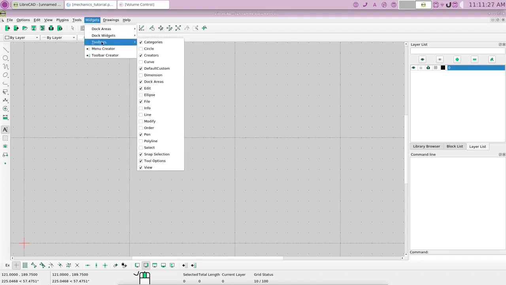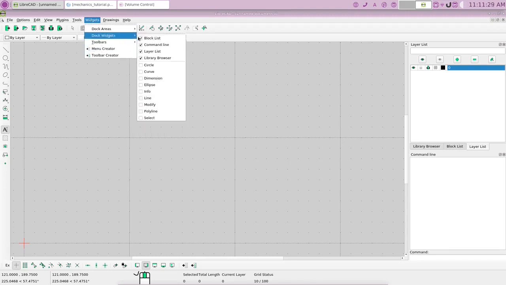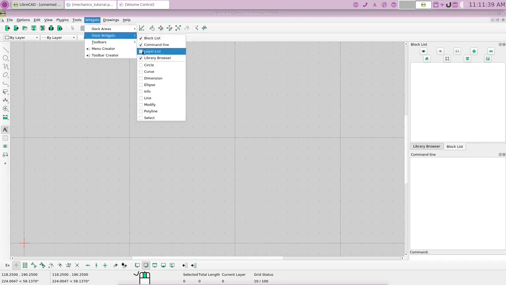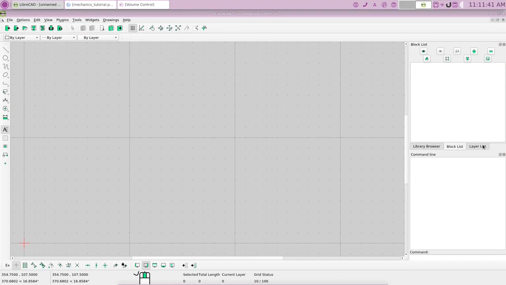We can actually, if we take the layer list, there, you see it's gone. Now, no problem, we just add the layer list back. Okay, and here it is. Simple as that. Now, when you start